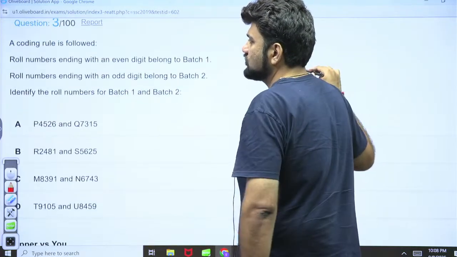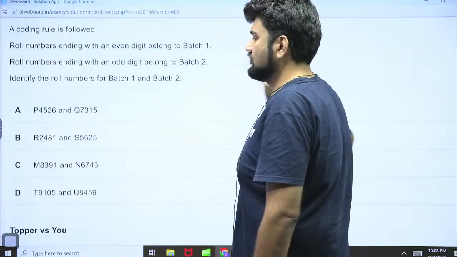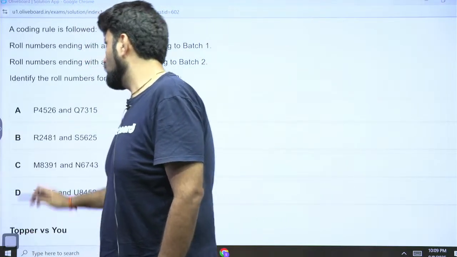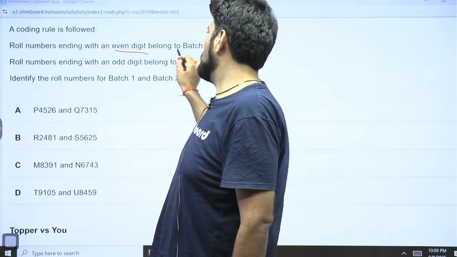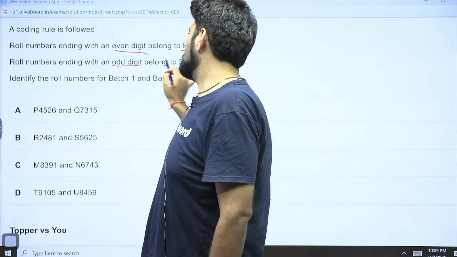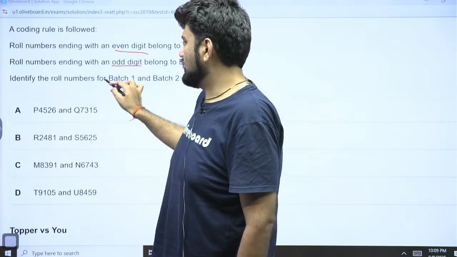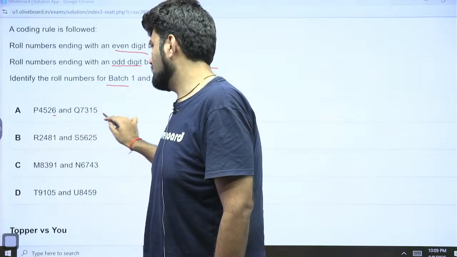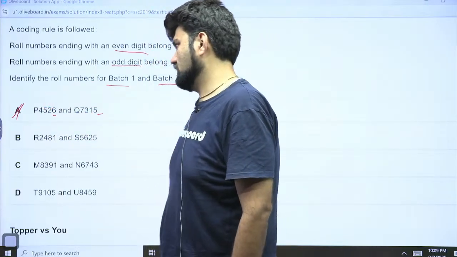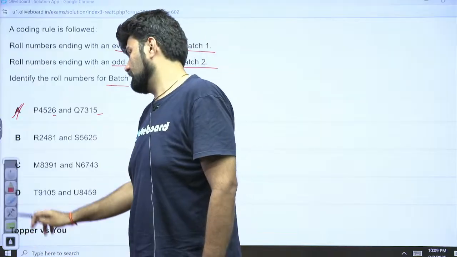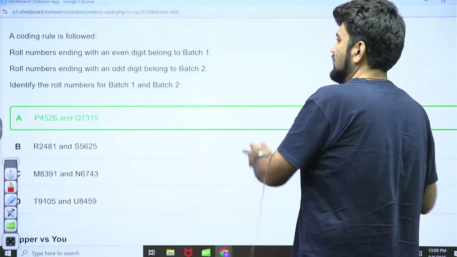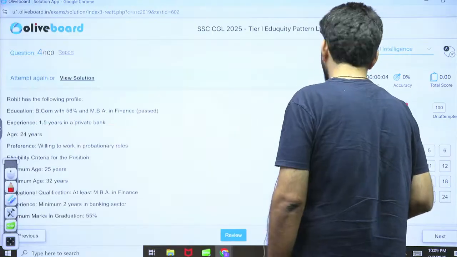This question appears to be slightly difficult, but is actually not. It's very easy. They are giving you roll numbers, and what are the coded roll numbers? Roll numbers ending with an even digit belong to batch 1, ending with an odd digit belong to batch 2. That's it. You have to find out for batch 1 and batch 2. So one is even, one is odd, ending in even, ending in odd. There is no other option which is following this logic. So option A is going to be my correct answer. This could have been done in 20 seconds actually, and that is what he has done. So excellent, good job. Next,